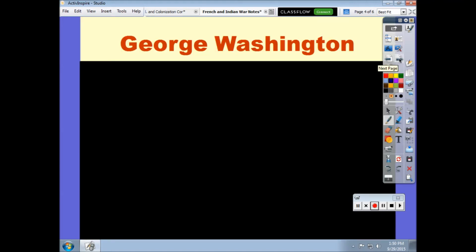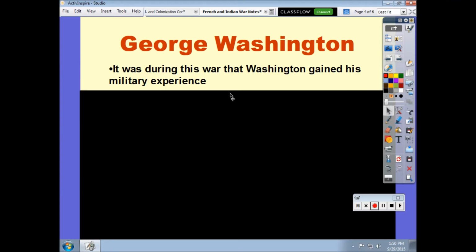Now, the reason why we talk about it is because at the end of it, the British are going to have to make some very hard decisions about their colonies when the war is over. But the other reason is because George Washington is an instrumental person in this war. And of course, knowing that later on he becomes a general during the Revolution and President of the United States, we obviously need to know how he is affected by this war and how that experience is going to affect his decision making in the future.